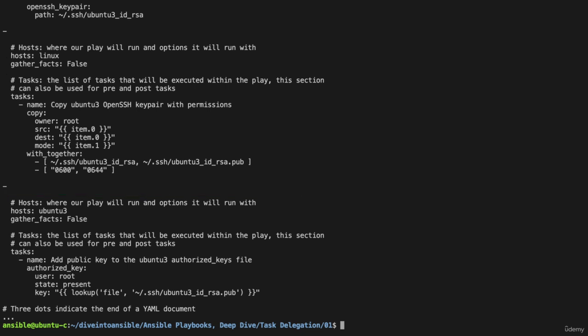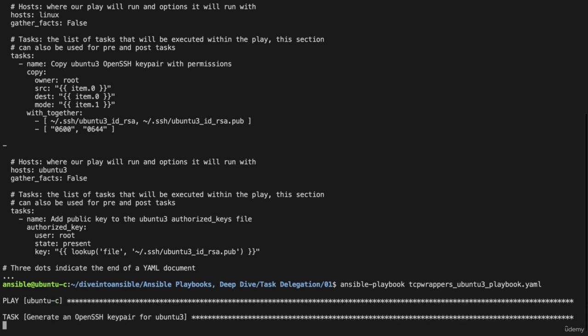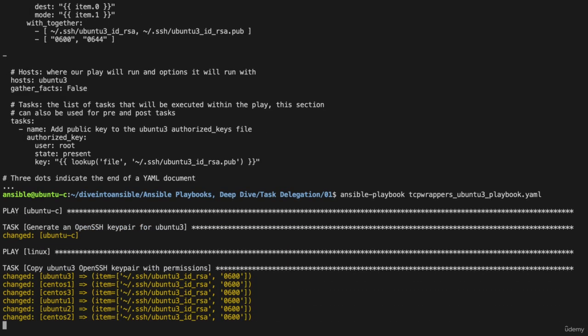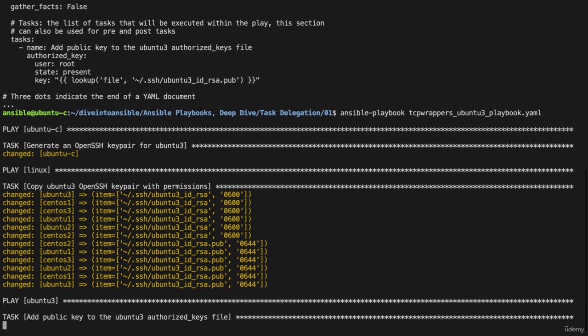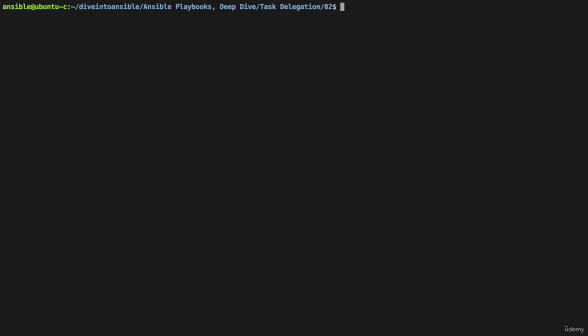If we give this a try, okay, so that's generated the SSH key pair. That's copied the file to all of the hosts, and we've added that to our authorized keys file. Step into revision 2. And if we have a look at the playbook here,